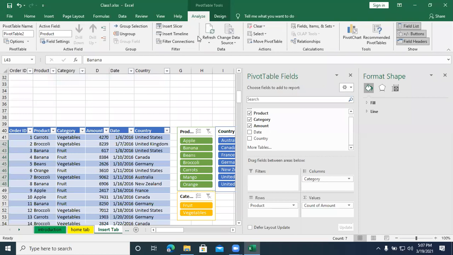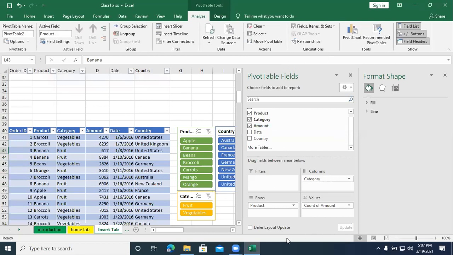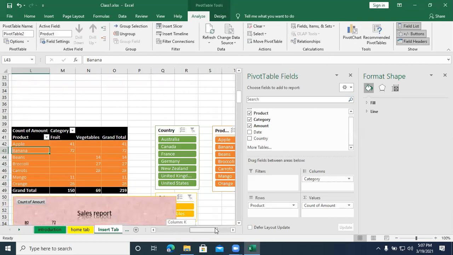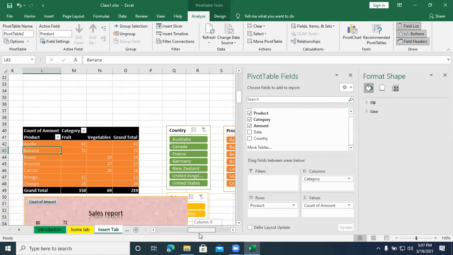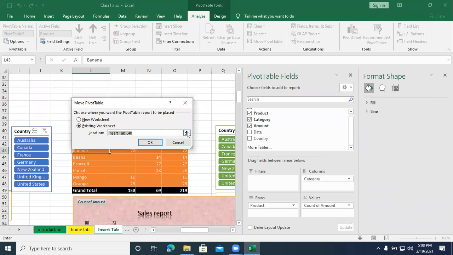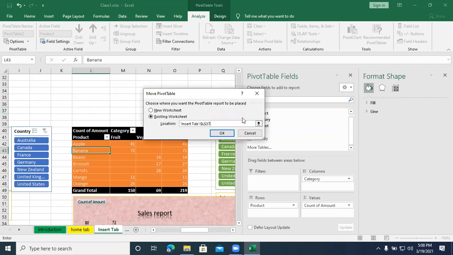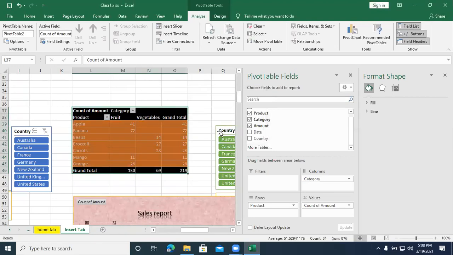Okay, I just come back to this pivot table. In this pivot table, we have Move PivotTable. If I don't want this pivot table to be displayed in this particular cell, L40 is the cell. You can move it wherever you require. So Move PivotTable, choose the cell reference which you require. I'm taking 37 as the cell reference. Click OK. So it's just moving.